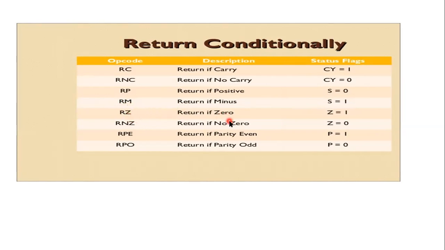Similarly, for the zero flag, when the zero flag is 1, then we use RZ, return if zero. Otherwise, that is zero flag 0, return no zero. Similarly, for the parity bits, RPE, return if parity even, RPO, return if parity odd.